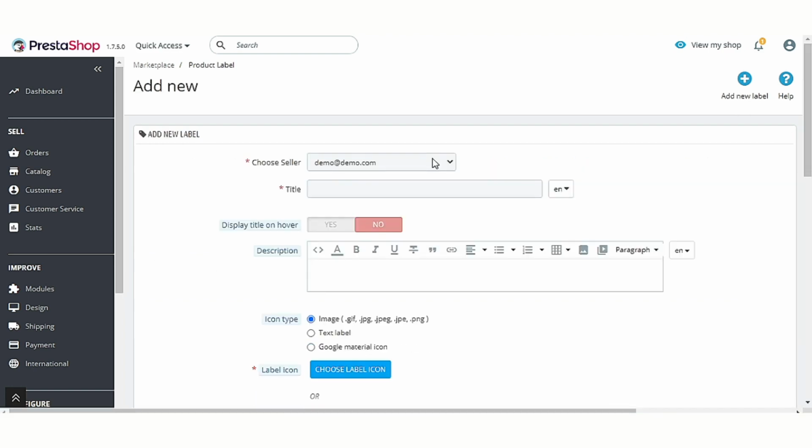From here, admin can select the seller for whom he wants to add the label.